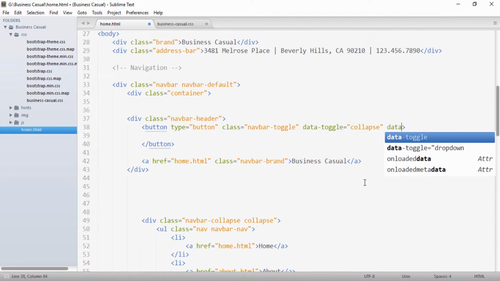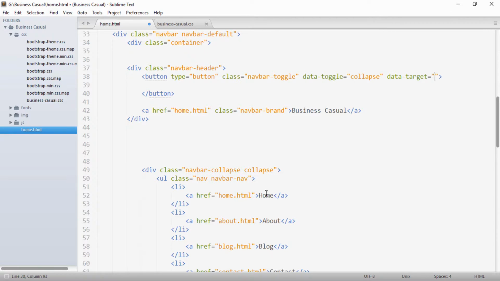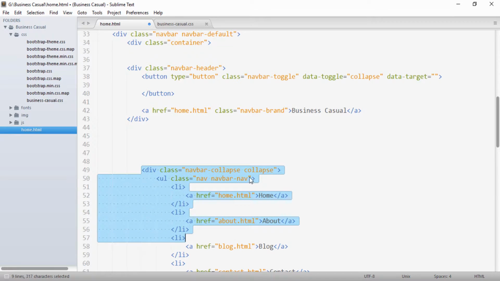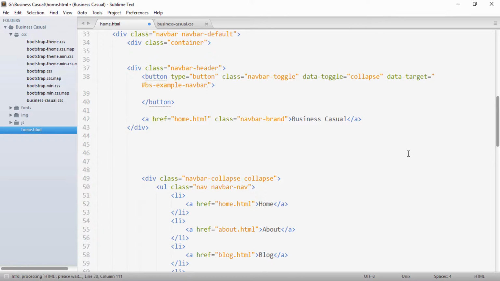And we have to give it a data-target property, and this takes an ID of the collapse. Here, whatever you want to show in the collapse, which is this home, about, blog, whatever the ID is of this div which has this collapse class, we have to provide it here. So let's say I give the ID as business-casual-example-navbar-collapse.